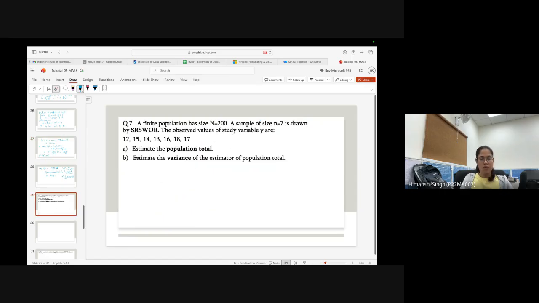So first of all, I want to estimate the population total. That will be simple, and it will be the same. PT hat is basically capital N of y bar. There is no change in it, for both techniques it will be the same, because there is no variance of y bar involved here; we only have the estimate of capital Y bar, which is small y bar. So in R it will be capital N star mean of y. In y these values are stored, so I can just write capital N into mean of y, and it will give me the estimate of the population total.